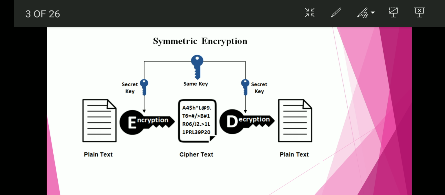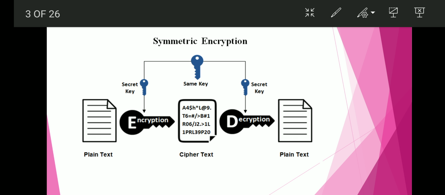Let me tell you what symmetric encryption techniques are available. The famous symmetric encryption techniques are the Data Encryption Standard, that is DES, triple DES, RC5, and AES, that is the Advanced Encryption Standard, which provides more security. Among the advantages of symmetric encryption is lower complexity. The computational power required to encrypt as well as decrypt is low, so it consumes less power and takes less computational time compared to the asymmetric crypto system, which you need to remember.